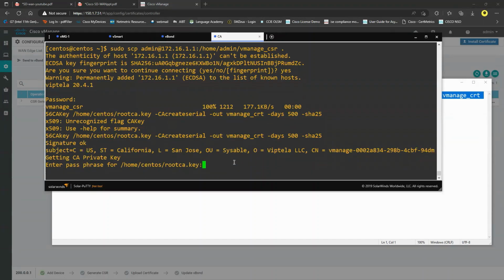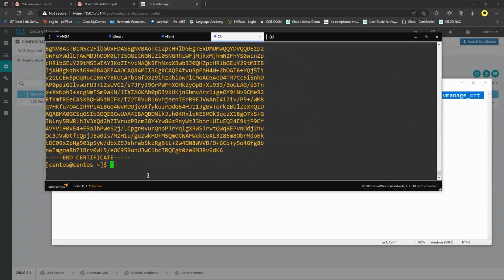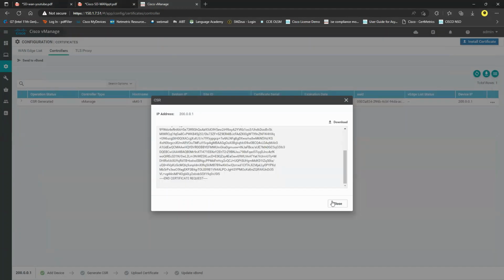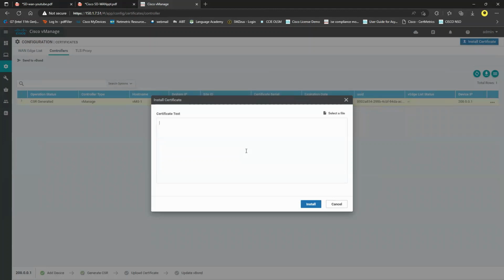So it is asking for the key password, that will be admin. And if I say ls, it has given the vmanage_CRT. So if I say cat vmanage_CRT, it should show you the certificate. Copy that one now. Go back to the vManage GUI, select that one, click on install, and paste it